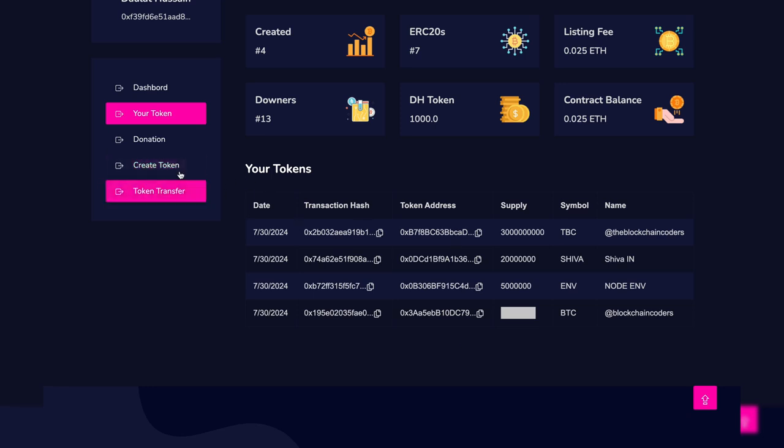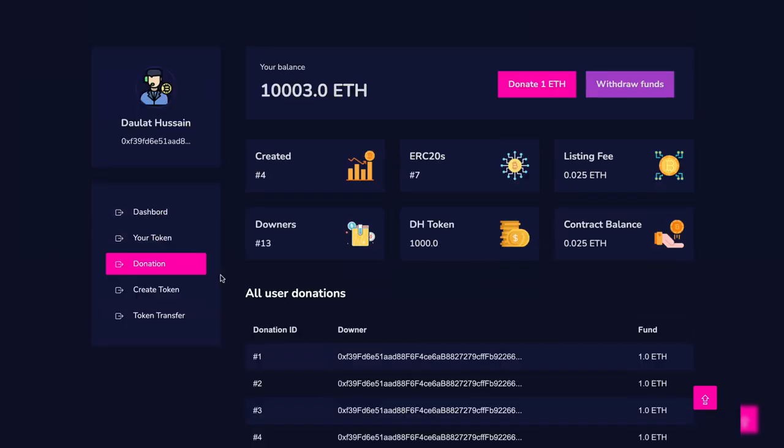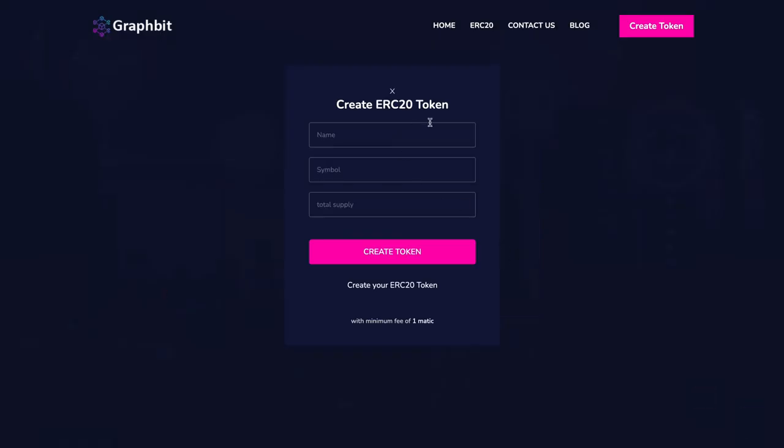So that's how anybody can create the token. So we have seen the donation. Anybody can create a token, so they can click and create as many tokens as they want. So if I want to create an ERC20 token and give it a name, and I want to have this much supply,